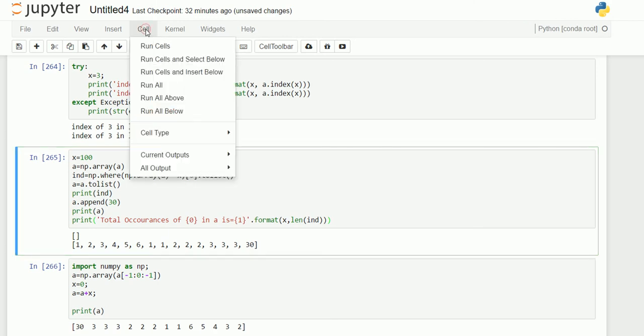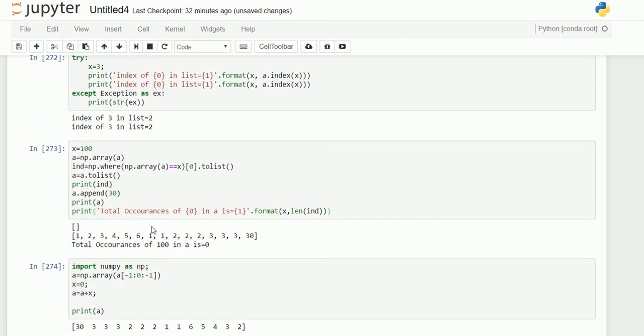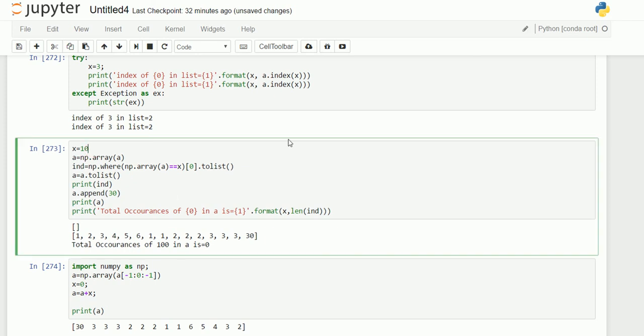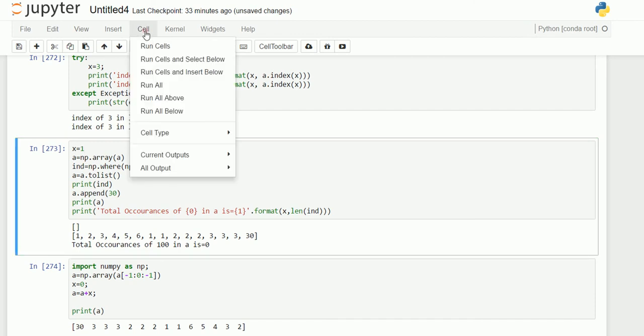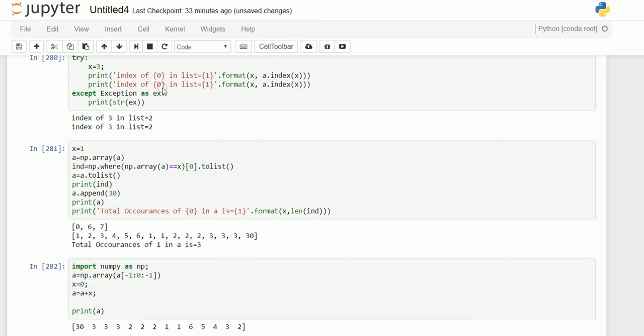So instead of using the count command, you can also use this method. Total number of occurrences of 100 in the list is 0. If I use 1, it will show their positions and totally how many number of times. So instead of using the count command, you can also perform the operations in this way. Okay, so this is about our